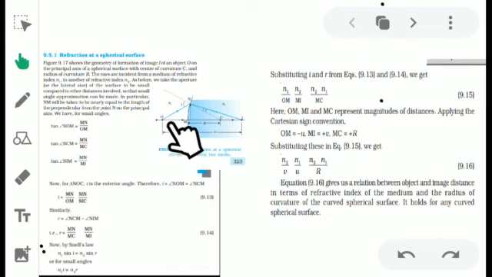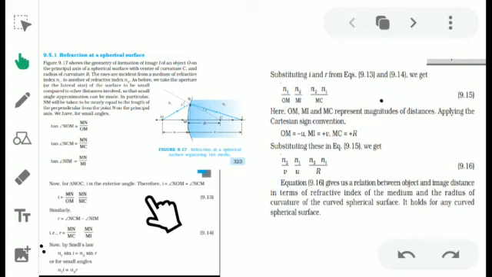Now we will see the triangle NCO. From this triangle, what is i? That is the exterior angle. Exterior angle i is equal to angle NOM plus angle NCM. Right? i is equal to MN by OM plus MN upon MC. Similarly, r is equal to angle NCM minus angle NIM. Then r is equal to MN by MC minus MN upon MI.